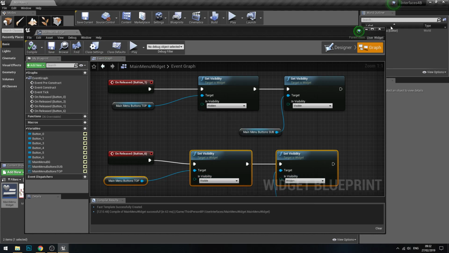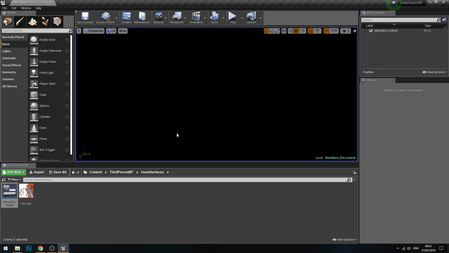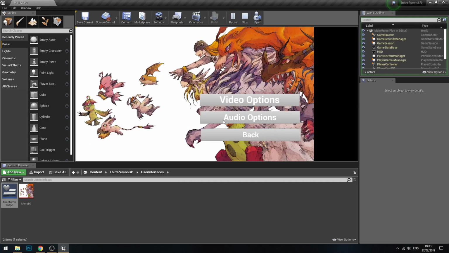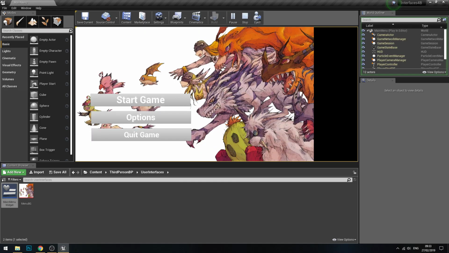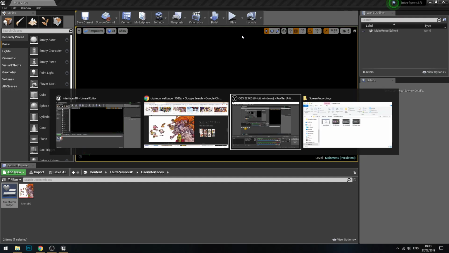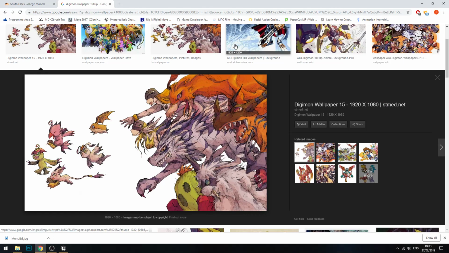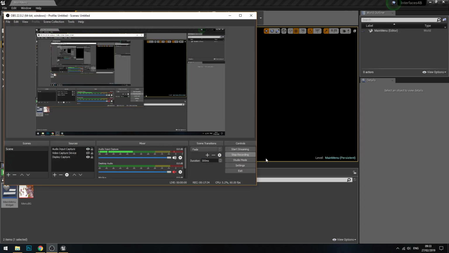Compile and save. And if we press play, okay, so we know quit game works. Yep. Options loads that up. Back brings it back. Cool, beautiful. And that's the absolute basics of setting up a main menu. I'll make another video or two on how to set up a motion graphic